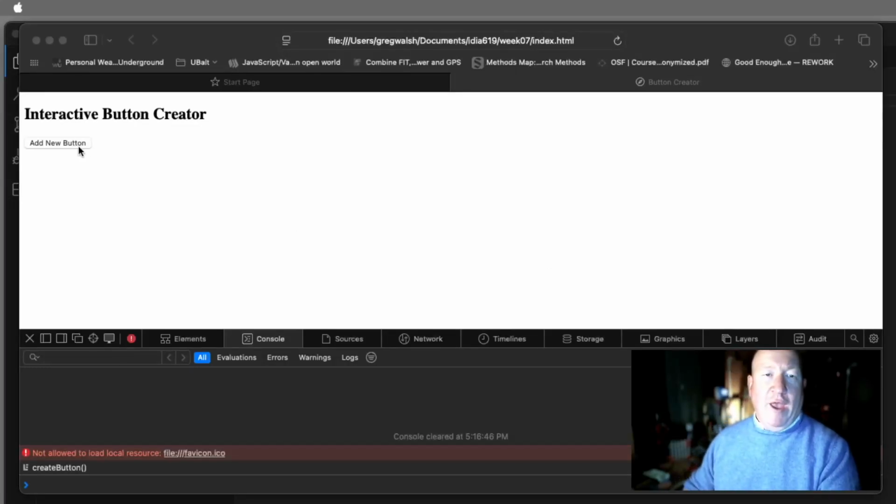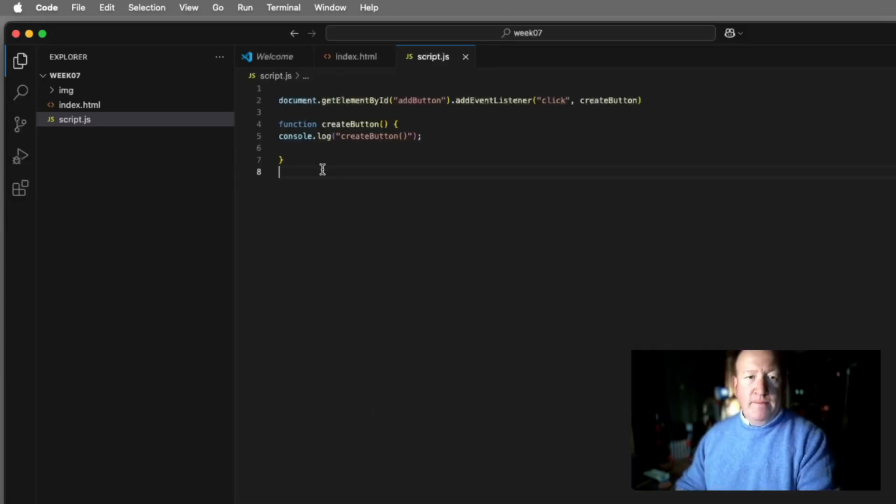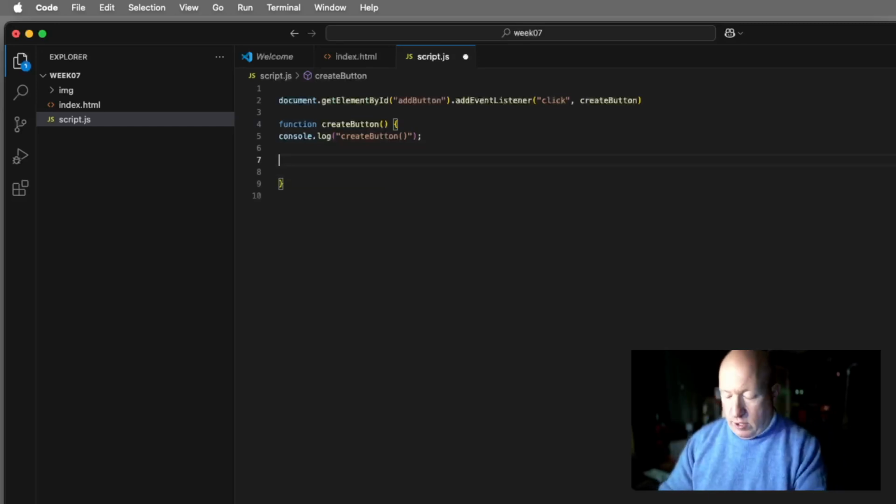Okay, so where we left off, we have code that says add a new button, and of course it just prints out create button. So let's actually have it add a new button. All right, so what I'm gonna do is we're gonna think back through some of the variables that we've used, and we're gonna talk about some object-y things. So first we have to create a holder for our button. So we're gonna do let new btn, so that means let a variable called new button equal